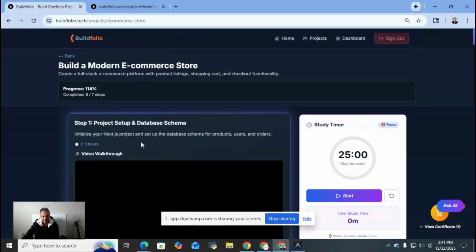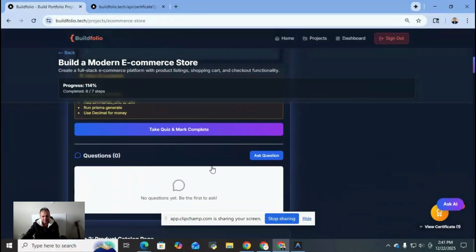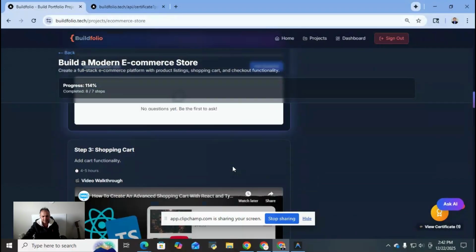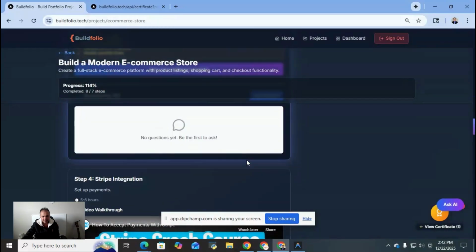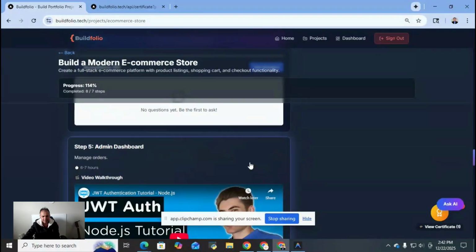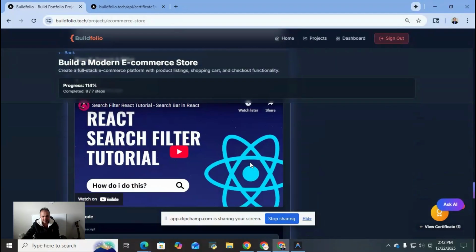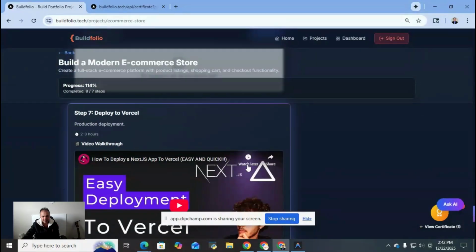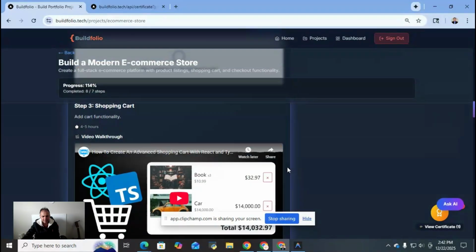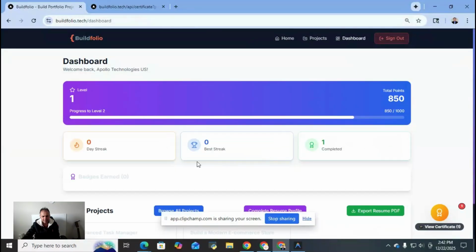Learning, for example, project setup and database schema is step one, and then a product catalog page, step number two, then creating a shopping cart, creating payment integration, and then creating an admin dashboard, and then search and filter, and then deployment to Vercel. So all these steps are there. You can learn that in order to build your application like this. So see, we have built